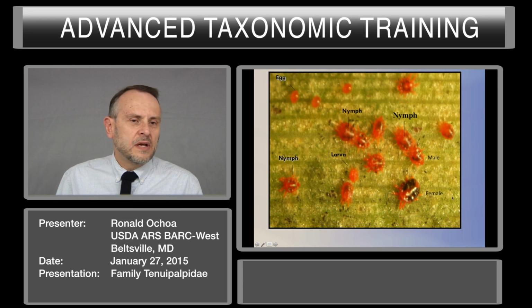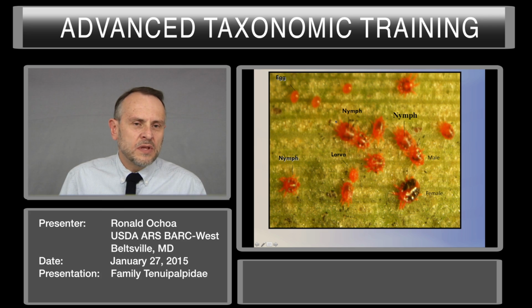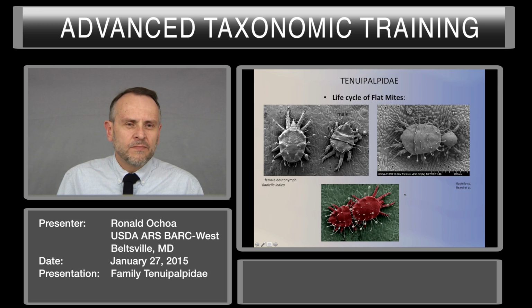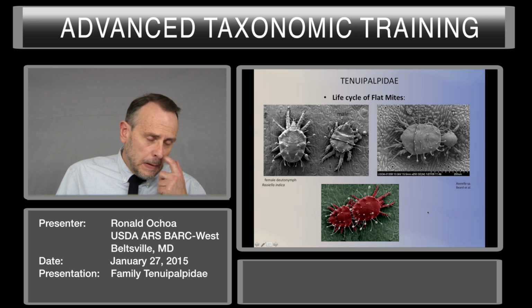Very colorful. Here you can see the complete colony with eggs, nymphs, adults, males, females. The female is the darker one, with darker color. The tail of the male and female. Many males